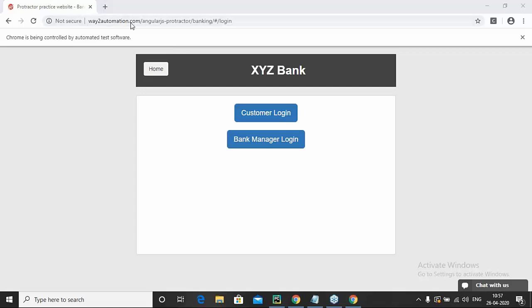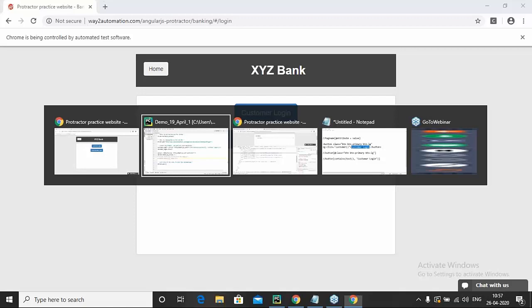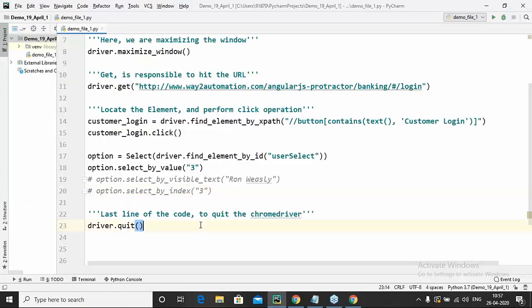It says no element exists which has a locator or an XPath like this. Since this element can take time to load in the web page, I want to make Selenium wait. I'm saying, okay Selenium, wait for some time unless or until this element is available with us. Now, how can we ask Selenium to wait?